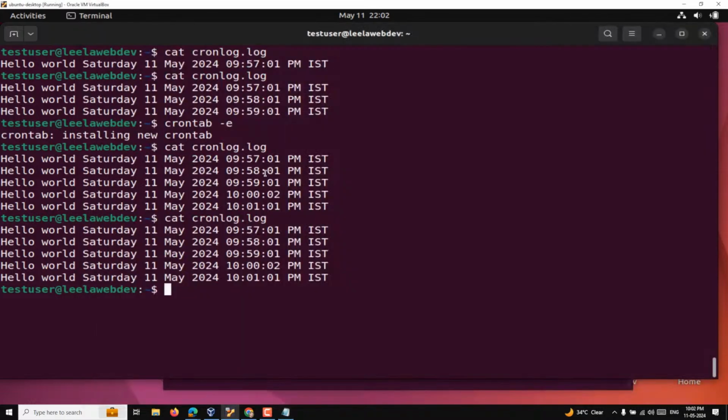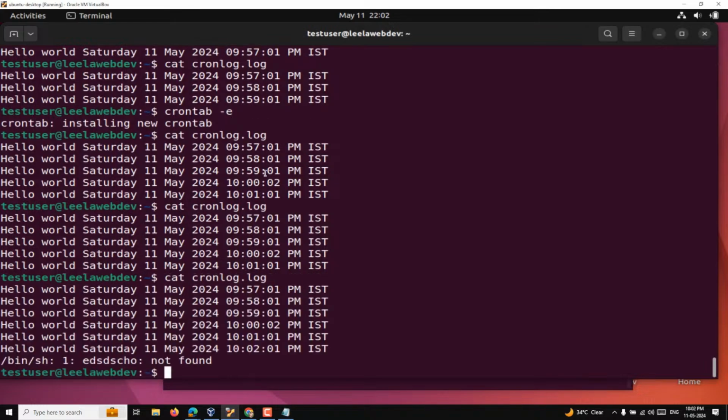Now it is 22:02. So let's try to run this one. See here you will be able to see a cron job has been added. Echo is not found. So like this, errors also you can log in the particular file, so that we can see what